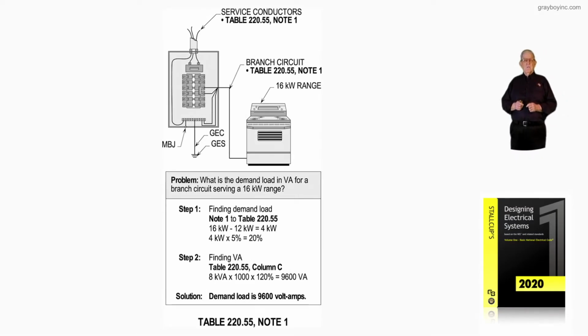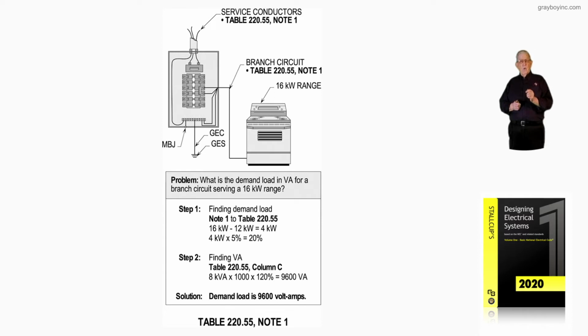Now, this illustration is no longer reviewing column A, B, or C. We're going to the notes below the table. And so this illustration is reviewing note 1 and applying it to 220.55. Now remember, you look at ranges, cooktops, and ovens as your 3 kW or less, or over 3 kW,